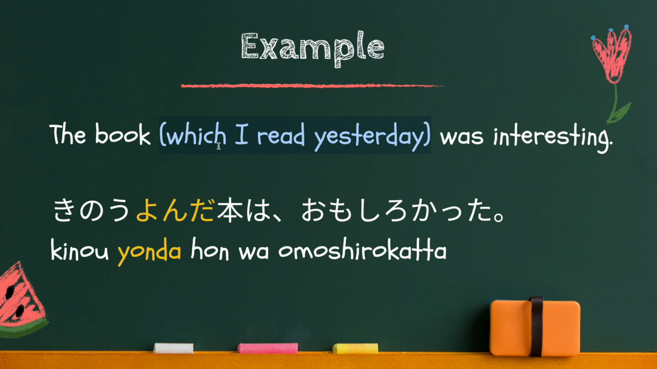So in Japanese, this comes right in front of the noun. 昨日読んだ本は面白かった。昨日読んだ is this part, and this comes before the book, 本。Therefore, 昨日読んだ and 本, book. This 読んだ is the plain form verb, past tense, but in the plain form. And there's nothing in between those two. You don't need any particle after 読んだ。